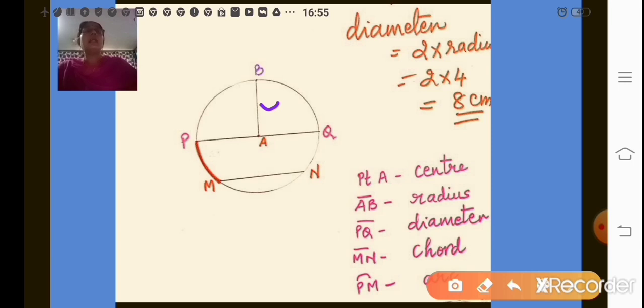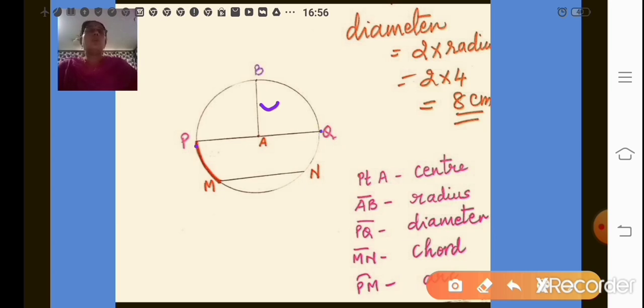A circle can have many radii and diameters. Now here the diameter is PQ, passing through the center A. PQ is also called the longest chord. Why? Because it joins two points on the circle.